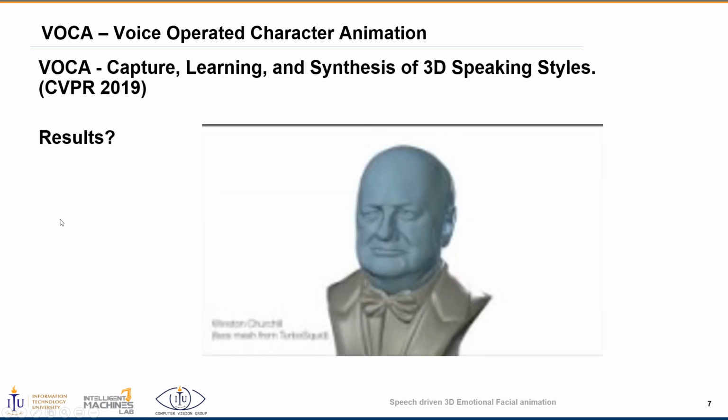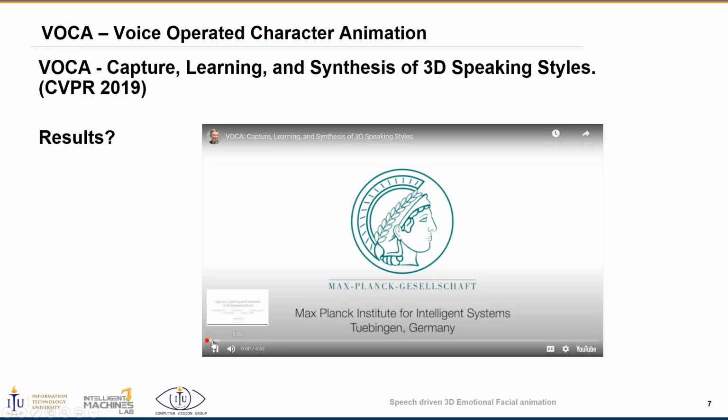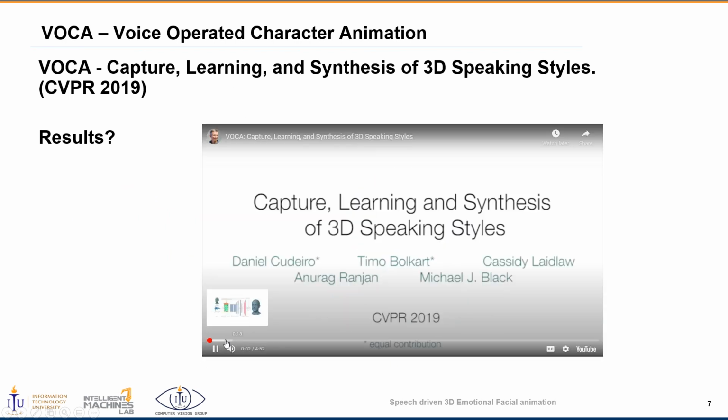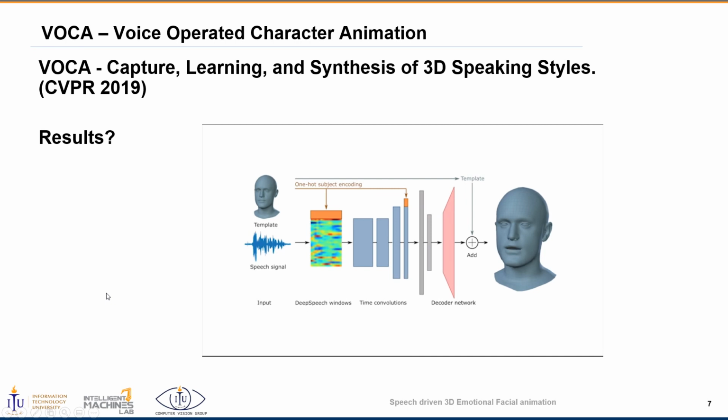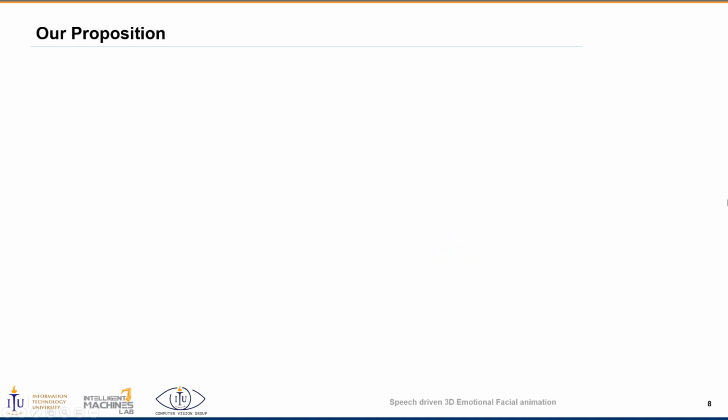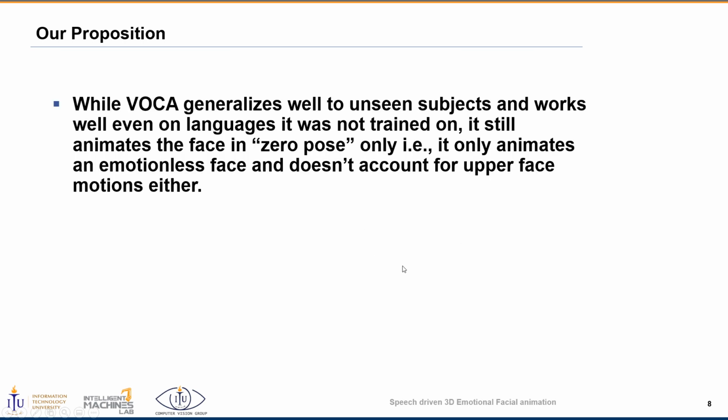So we are going to see how it works. The output embedding uses DeepSpeech, a pre-trained model for automatic speech recognition. Then we used strided convolutions and a set of nonlinear transformations to learn. You can see they are explaining their paper by using VOCA itself. So that's a very cool thing.